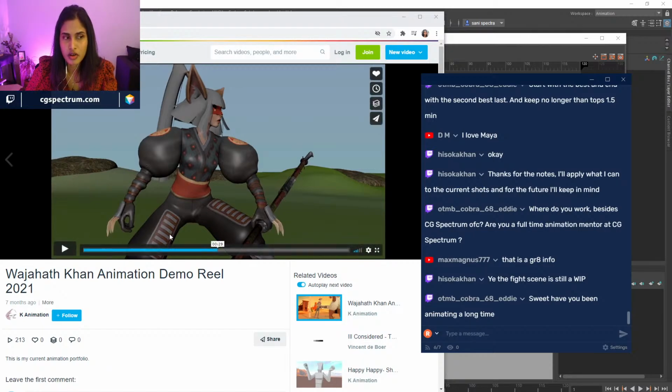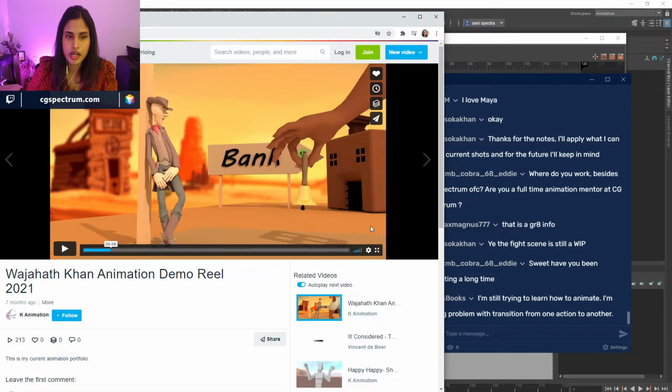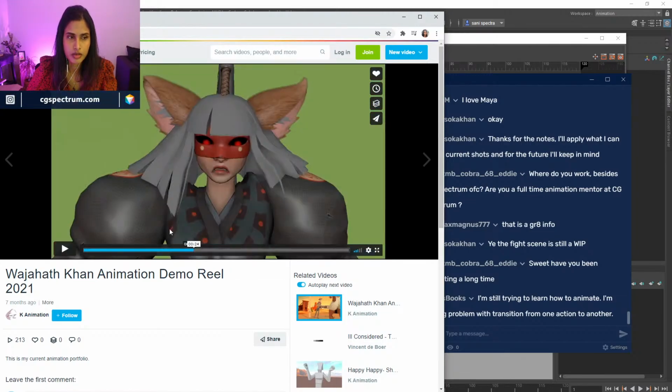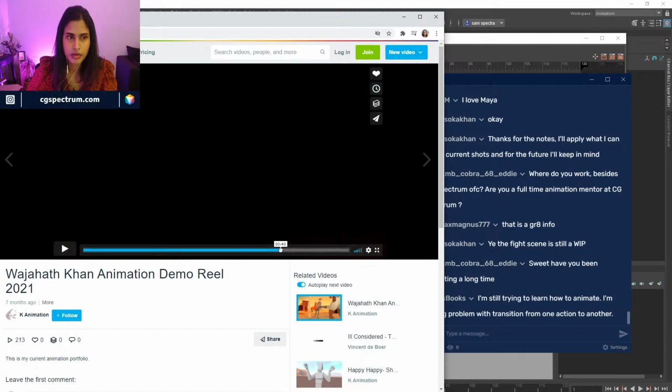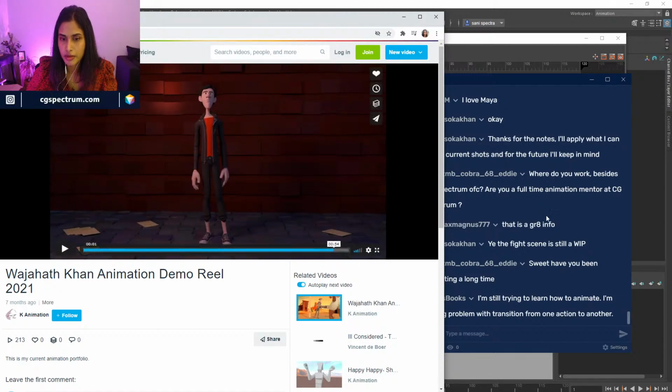So it's always better to mention that this is a polished shot. Maybe here you can say polished, rendered, and keyframe animated by Bajat Khan, and here work in progress, and probably here whatever it is. Put some information on the bottom. That would help.